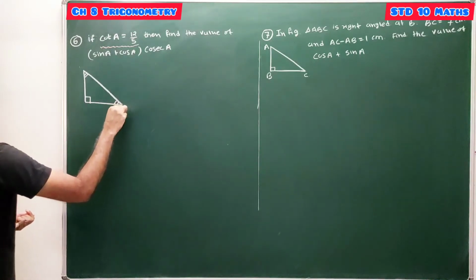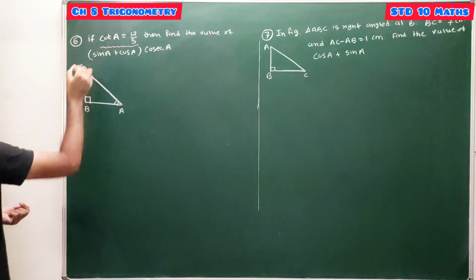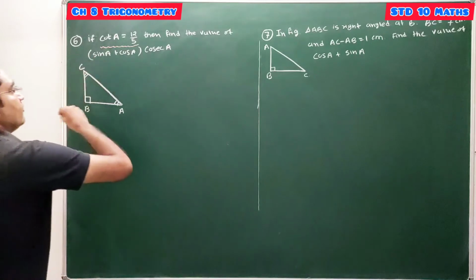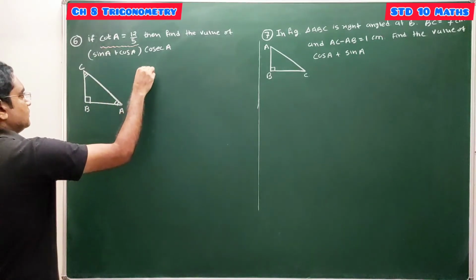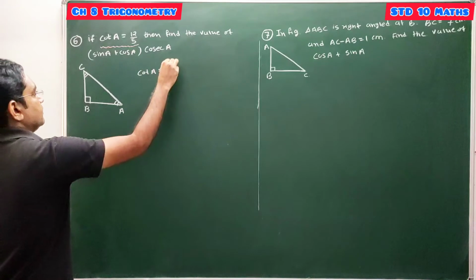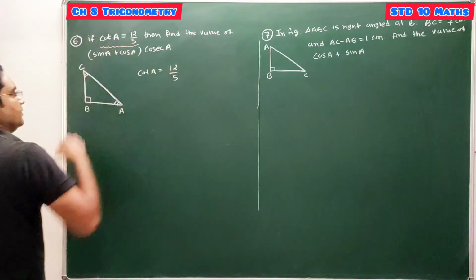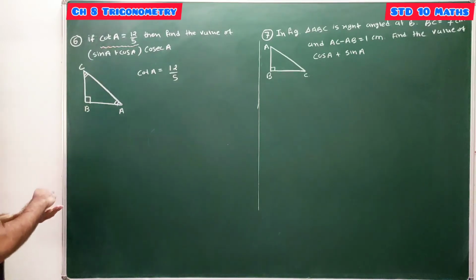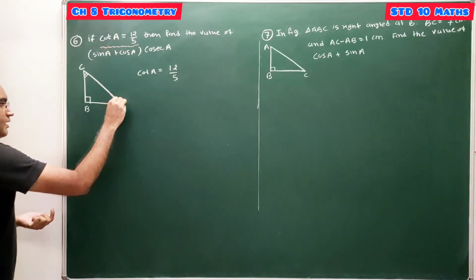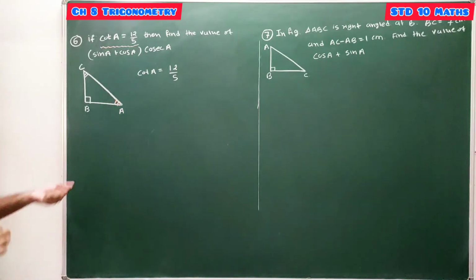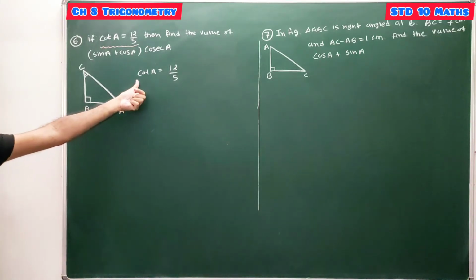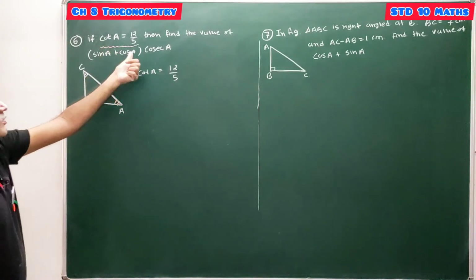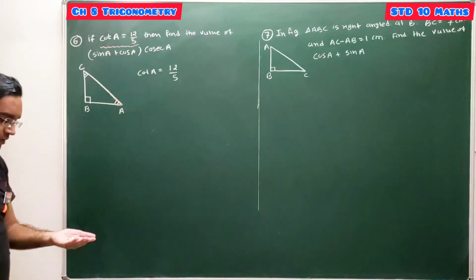So suppose this is A, B and C. So this is our triangle ABC. For this triangle ABC, value of cot A is given 12 upon 5. So for this triangle you have to find a different value. This is our theta, we can say. For this angle we are defining trigonometric ratio. So this is angle A and cot A is given. We can find remaining all 6 trigonometric ratios, out of which you have to find the sin A, cos A and cosec A and find the value of this expression.